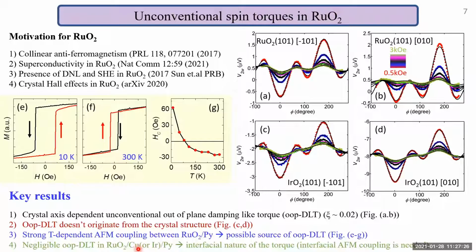To know whether it's an interfacial or bulk effect, we inserted some spacers such as copper or iridium, and we confirmed that when we have this kind of spacer, we don't observe this kind of unconventional spin-orbit torque. So from these experiments, we confirm that the antiferromagnetic coupling at the interface can break the symmetry and produce unconventional out-of-plane anti-damping torques. So this is our ongoing project. I'd like to finish this ruthenium oxide